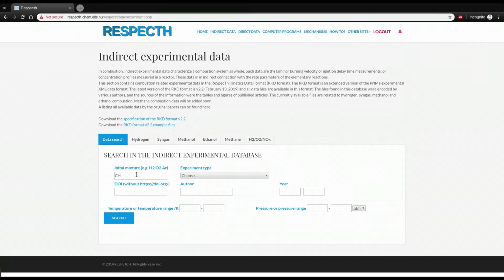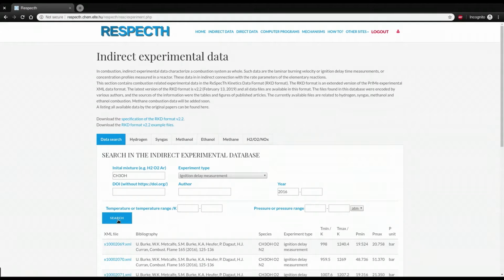Let us look for methanol data, so I will type CH3OH into the initial mixture field. In the experiment type drop-down menu, I select ignition delay measurement. I will search for experiments published in 2016 to reduce the number of results.